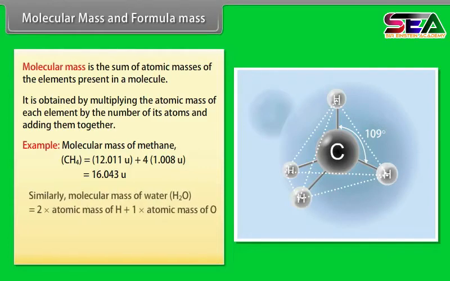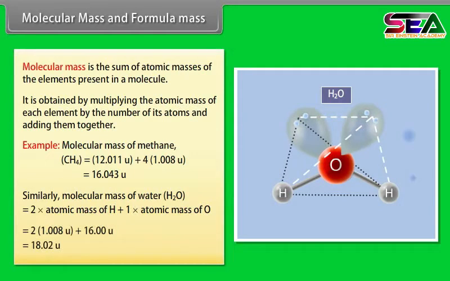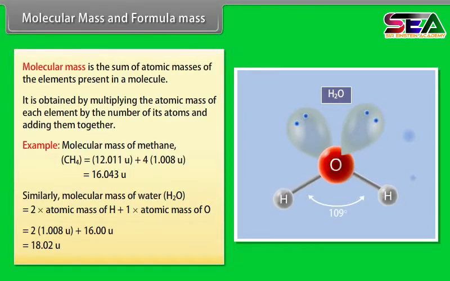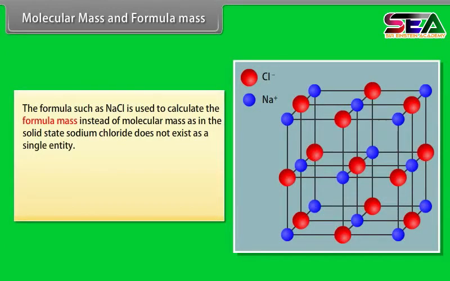which is equal to 16.043 u. Similarly, molecular mass of water, H2O, is equal to 2 × atomic mass of H plus 1 × atomic mass of O, which is equal to 2 × 1.008 u plus 16.00 u, which is equal to 18.02 u. A formula such as NaCl is used to calculate the formula mass instead of molecular mass,